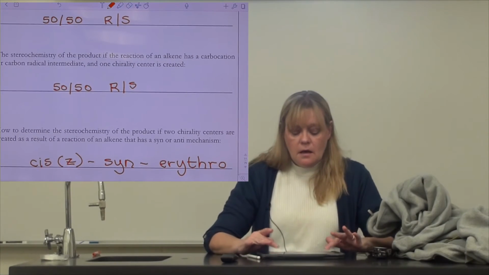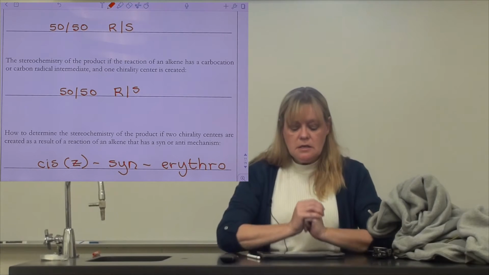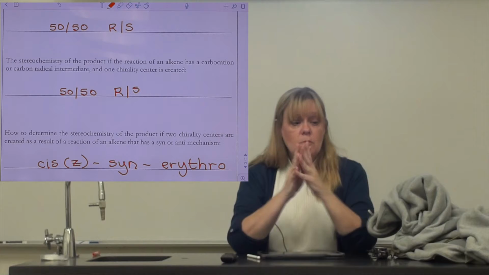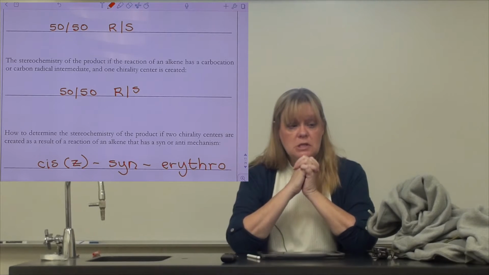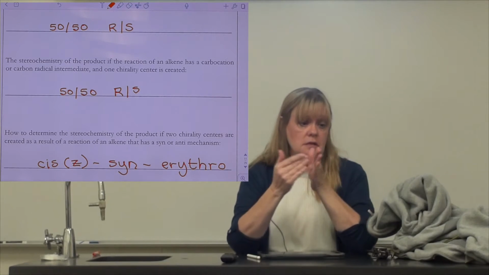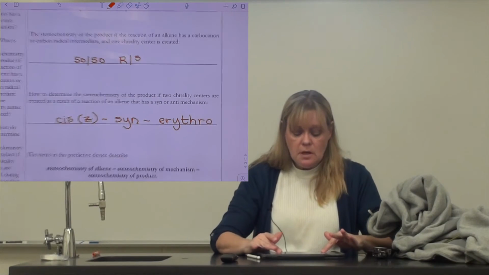Now if it's a syn or anti mechanism and you create two chirality centers, this memory device will be probably the most helpful way for you to go because it's going to be hard to picture the stereochemistry. You use the predictive device cis, syn, erythro. And what it means is